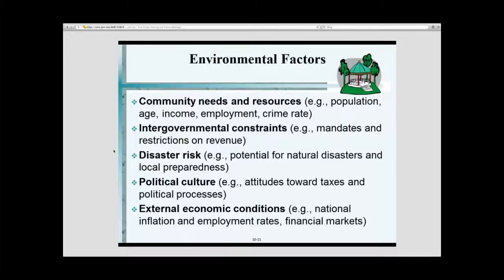I want you to take a look at this and think in your mind what each might mean to you. Community needs and resources. What kind of things does this tell you? Where the community is in terms of its income, population, age, employment, and it's very interesting because when you think about this,